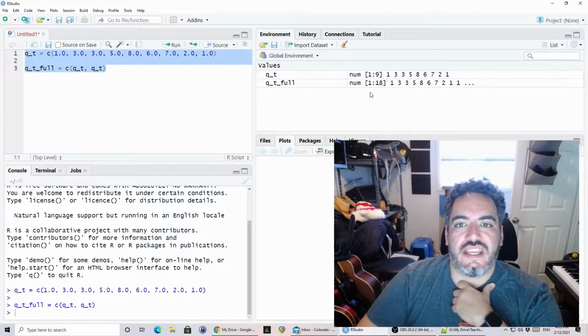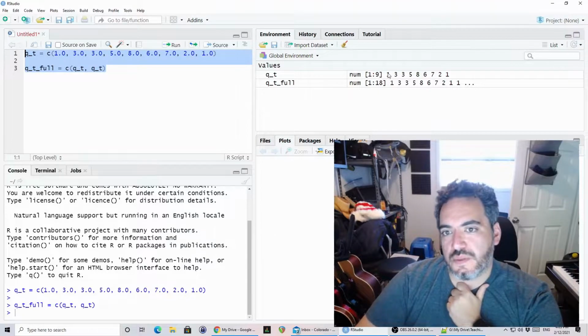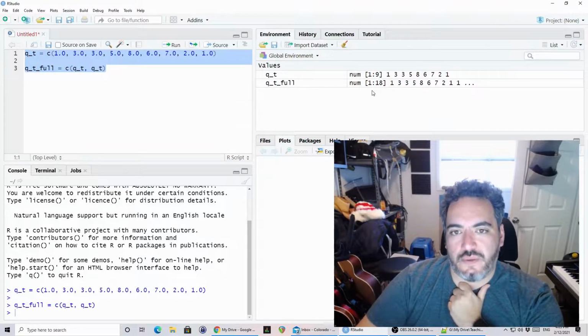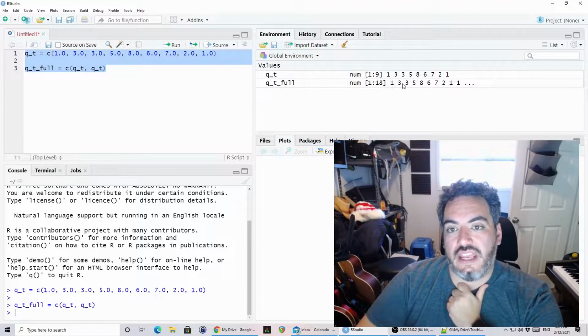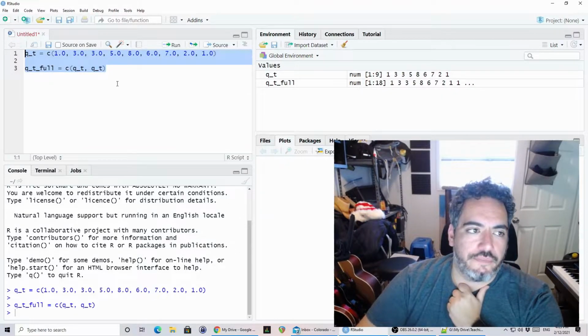And then you can see that my original sequence was 9 members long, and now I have a sequence that is 18 members long, and it just repeats. And so those low flows are bumping up against one another here. I want to be able to